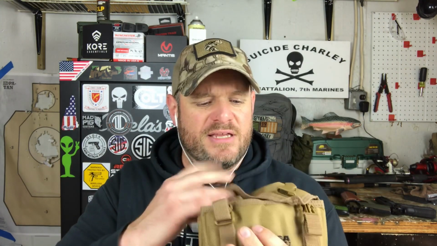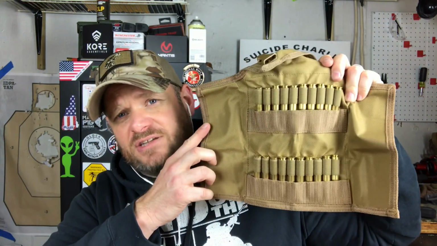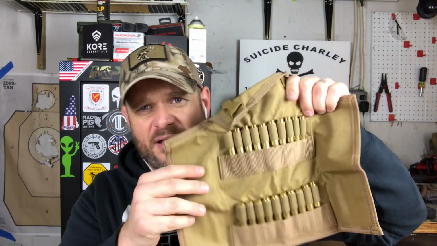It's not a first aid pouch. It's not anything like that. You open it up, and look at that. That is all 308. All this right in here is 308. I haven't had these out in a while, but you can see they are the core locked. These are the 308. And this thing is great because you can put it on belts,